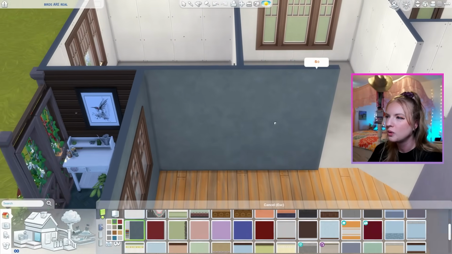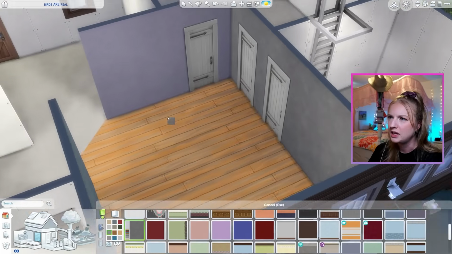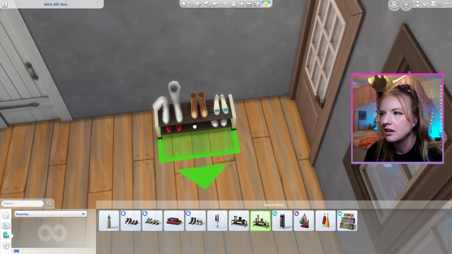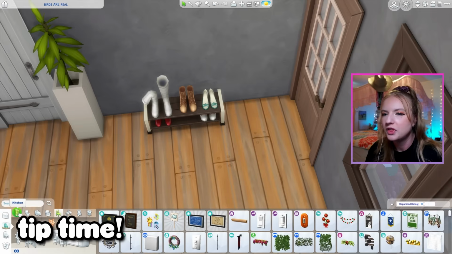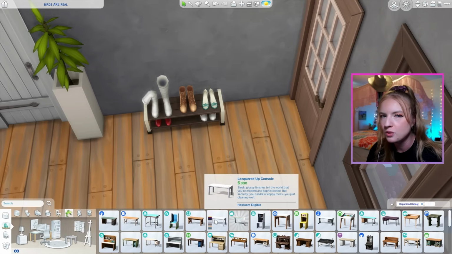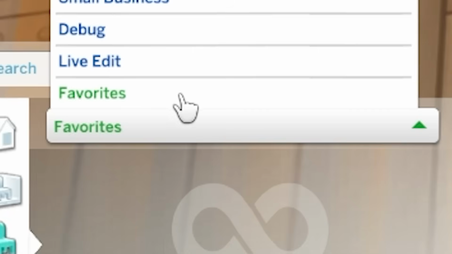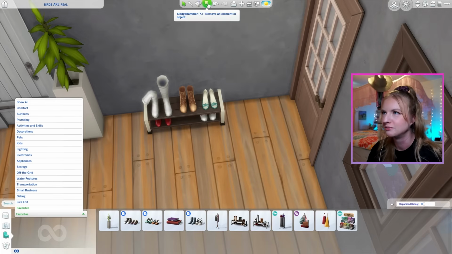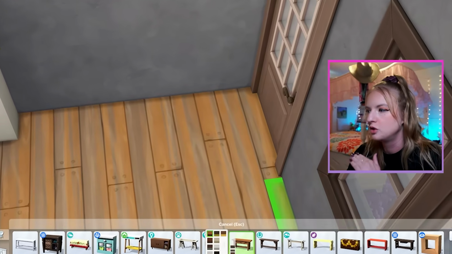Maybe we do a more blue undertoned one as sort of an accent wall, and then the rest we do this plain gray kind. I am going to get a couple standard entryway items, which I actually have marked as favorites with the Better Build Buy mod. If you didn't know this, if you have Better Build Buy, you can just click in your mouse wheel to mark something as a favorite, and then they show up in the favorites tab when you go to objects by function. I'm always spending like a million years looking for the shoes and the umbrella rack, so this is so